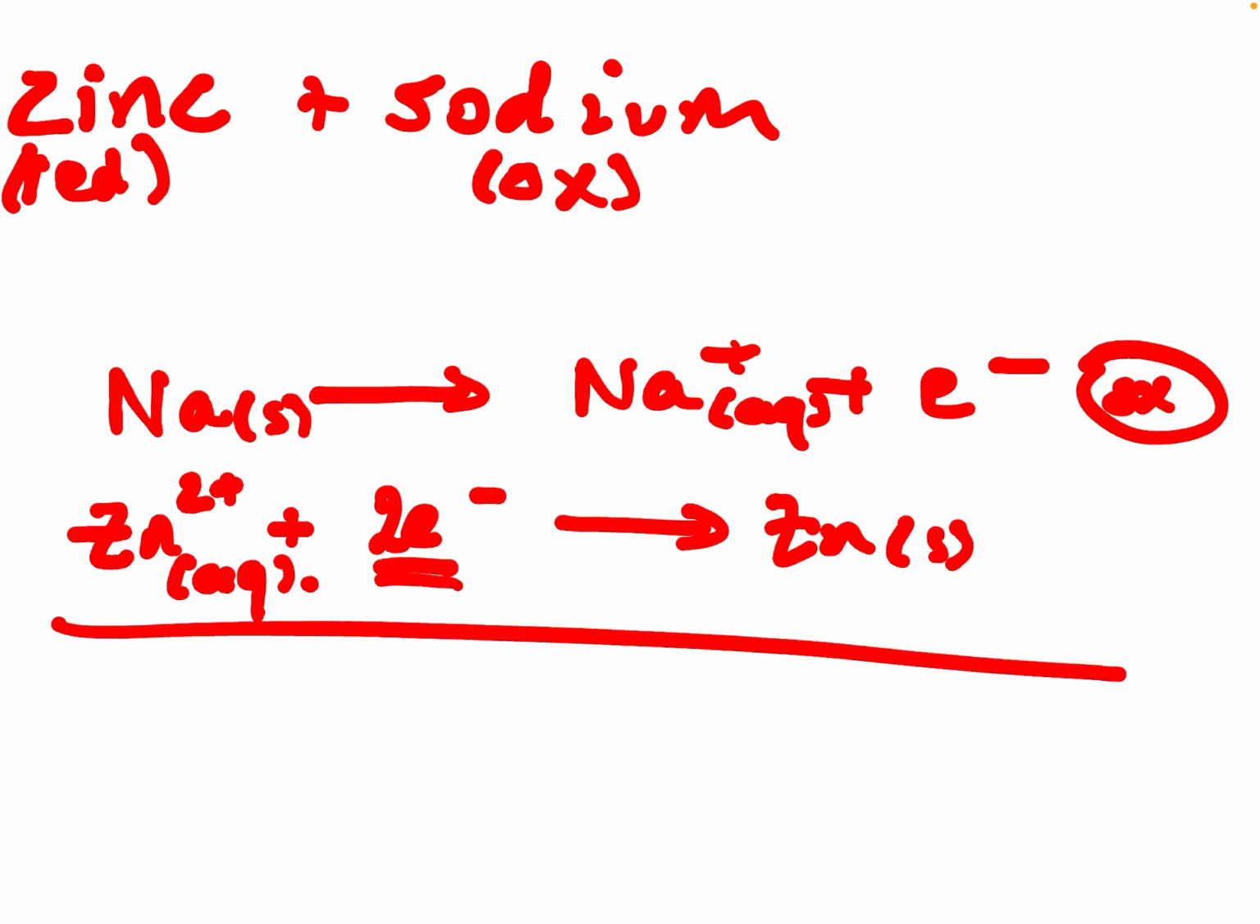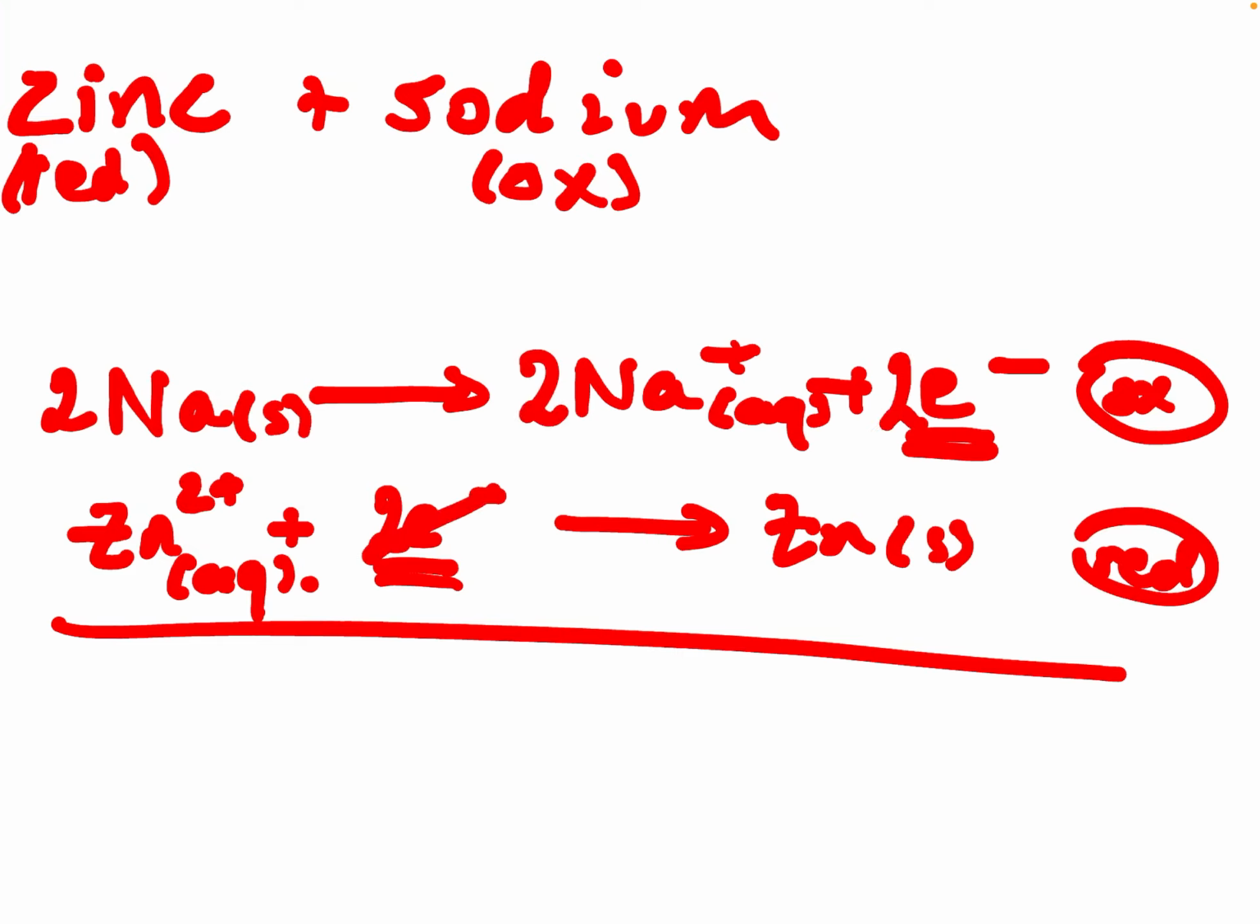I have 2 electrons down here, I only have 1 up here. What I'm going to have to do is times the first equation, the oxidation, by 2. This is reduction. So I'll put a 2 in front of the sodium, 2 in front of the sodium ion, and 2 in front of the electrons. Those are now balanced, so I can cancel them out and just write the